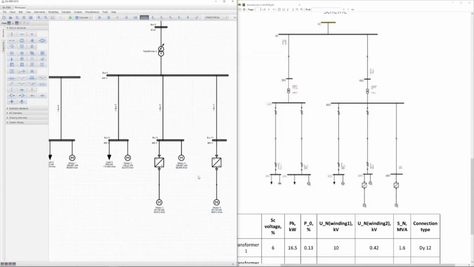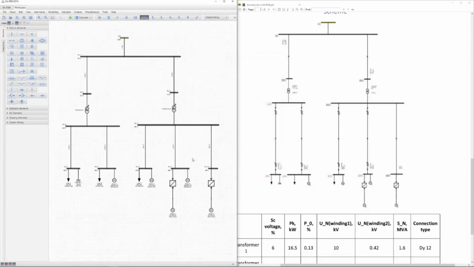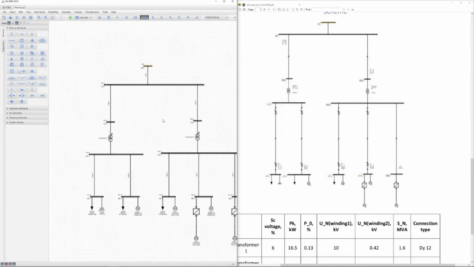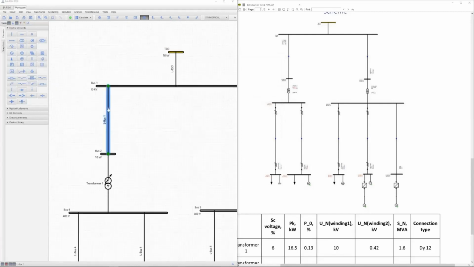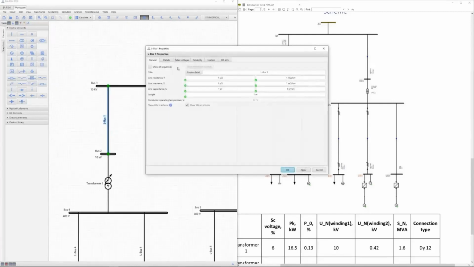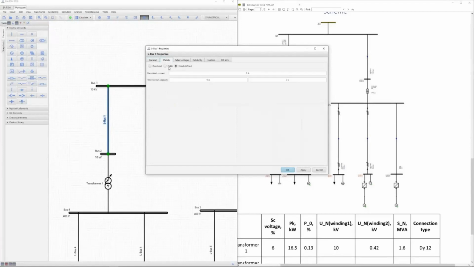Okay, so now as you can see, we have modeled the basic image of the scheme, but now we must add the cables. To add the cables, simply double click on the cable, go to details, but at first you must define the distance of the cable, the length. So this cable will be 7 kilometers, and you can